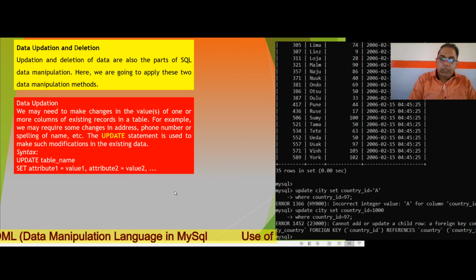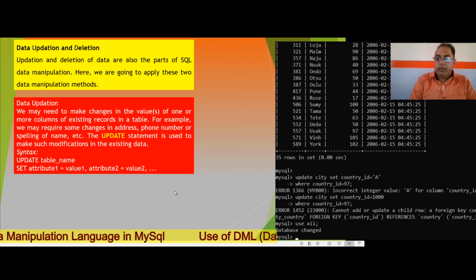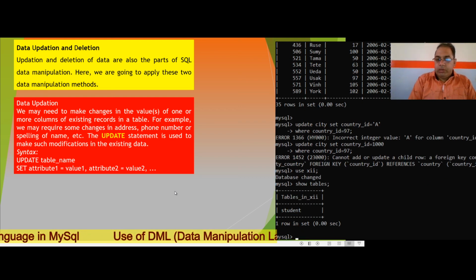And suppose I am using a database which we have already created, and I am using the table. Show tables. Student is there.